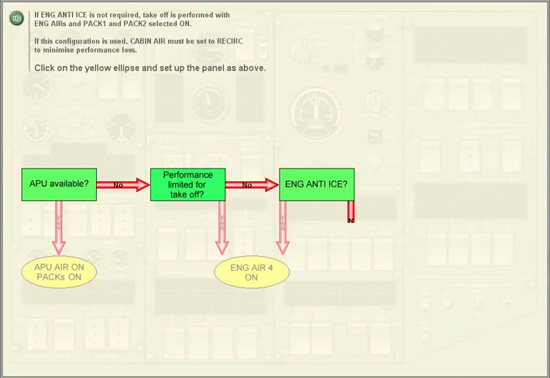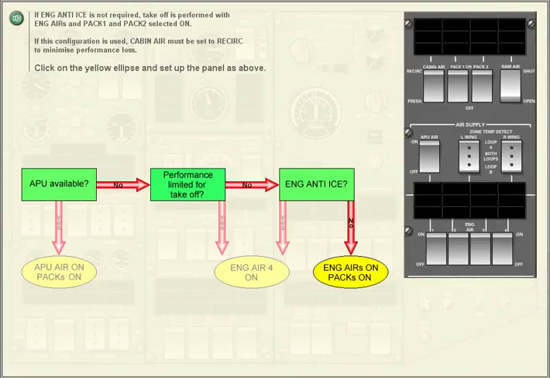If engine anti-ice is not required, takeoff is performed with engine airs and pack 1 and pack 2 selected on. If this configuration is used, cabin air must be set to recirc to minimize performance loss.